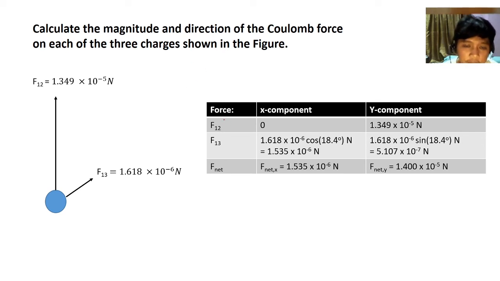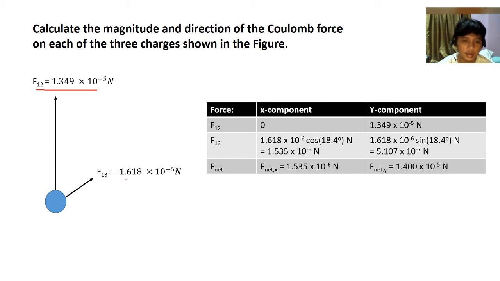We list down first of all the forces. Here on the first column you write the forces F12, F13, and at the bottom is Fnet, or the sum of F12 and F13. Next, for the second column, we write down the x components and the y components. Now for F12, the x component is 0 because if you observe F12, it doesn't have an x component. It's purely vertical. So whenever you have a vector that is purely vertical, then the x component of that vector is 0, and that whole vector is its own y component,